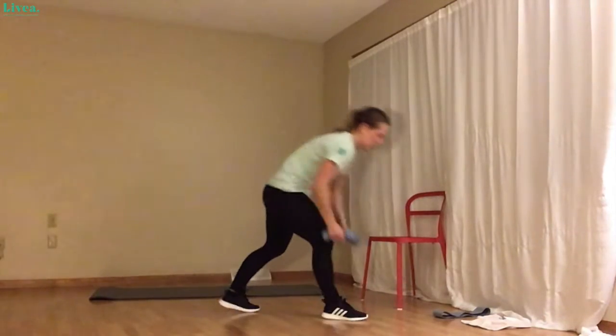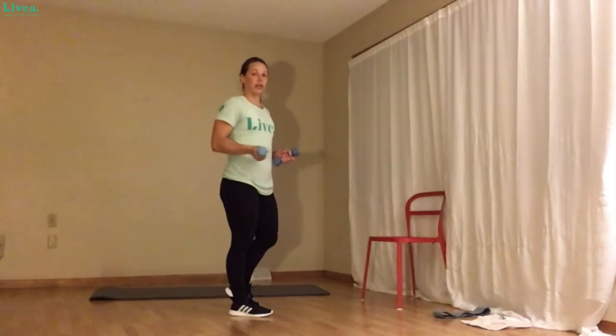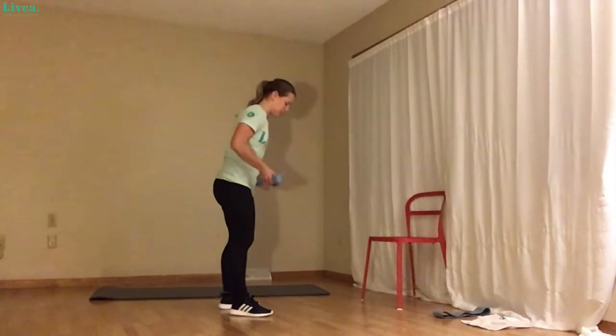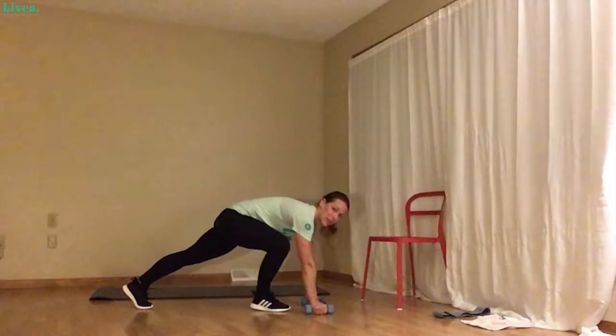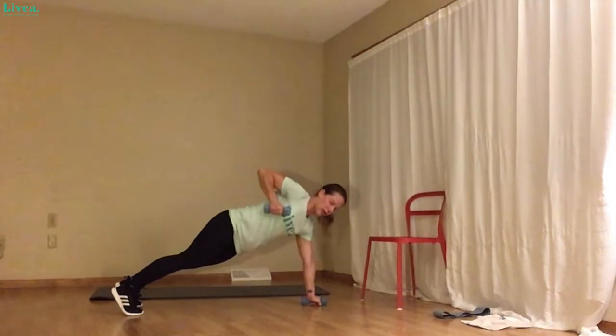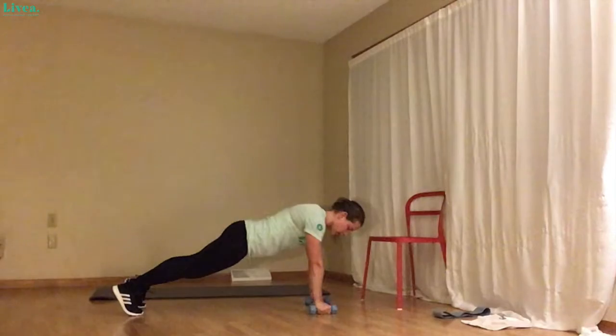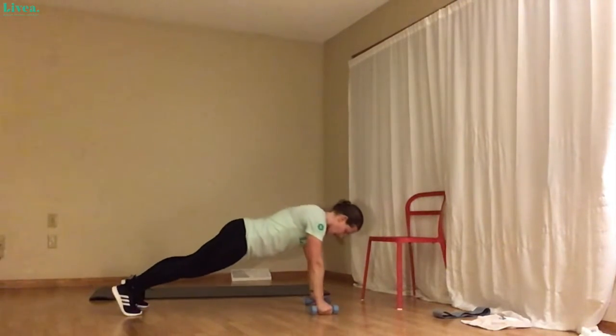So we alternate, but we're doing 10 on each side. So we're really doing 20 reps here at a time. Here we go, coming down back to that push-up position, plank position. And we're pulling up on our right side, down, up. That's 2, 3, 4,